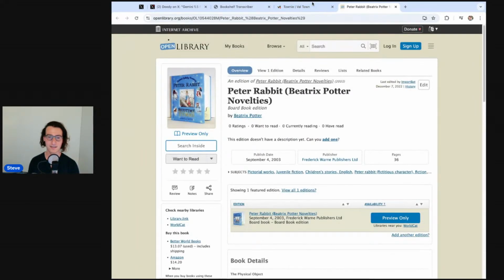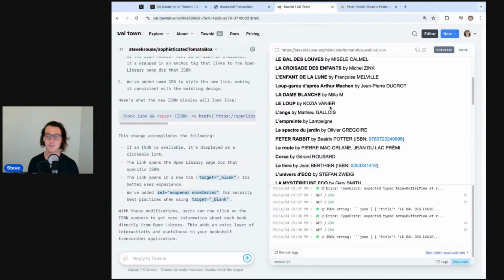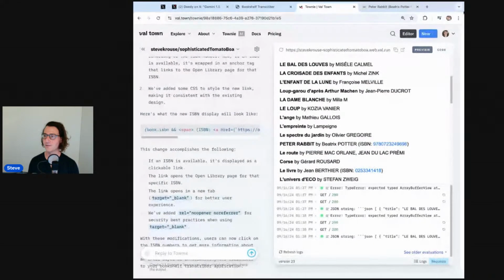Peter Rabbit. Cool. We can go to the original photo and see if this Peter Rabbit is in here. I don't speak French. This is hard. Why don't I get another bookshelf? Here, I'm going to go to my own bookshelf for my photos. Another tab and save image. Okay. And then